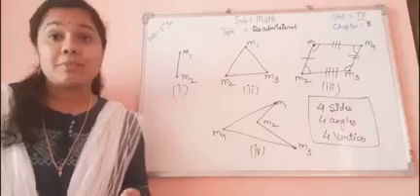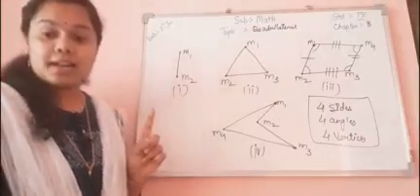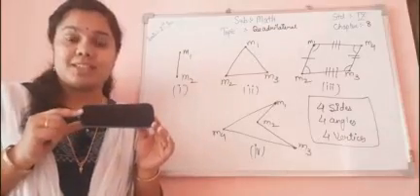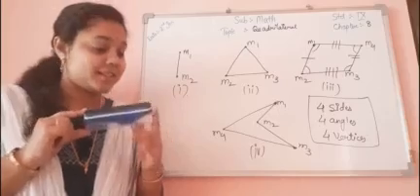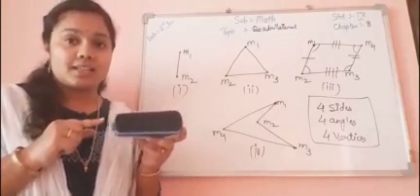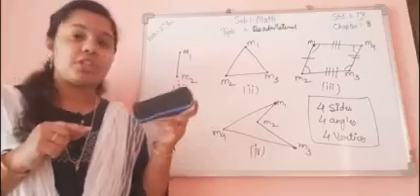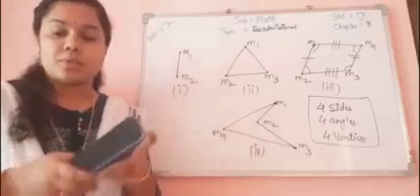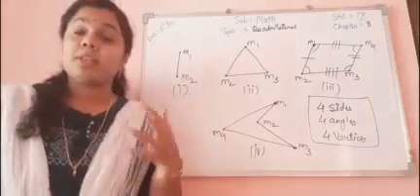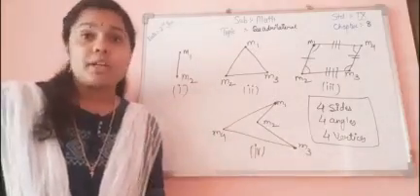The mobile you might be using also has the shape of a quadrilateral. The duster I am using is somewhat like a quadrilateral. It does not have exact vertices, so I can't say it is the exact shape of a quadrilateral, but I can state that yes, it also has the shape of a quadrilateral. Then the notebook and the textbook which you are using all have the shape of a quadrilateral.